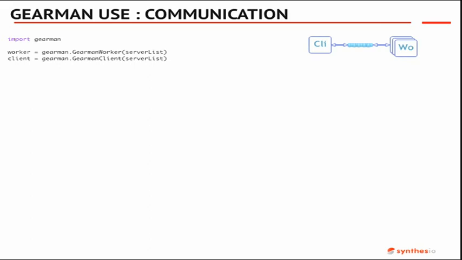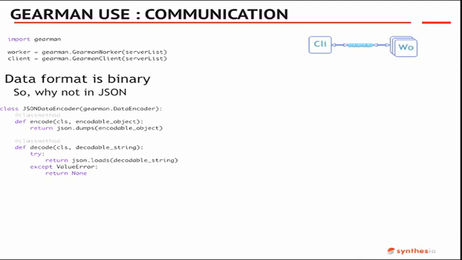I don't know if you guys can actually see, it's quite small. I don't know if it's visible to everybody, but sorry for that. So the first thing you do is create a worker and a client, one from each side. But how do they communicate? The data communication process is in binary. Everything that goes through the server is binary from the server's point of view. You can basically throw anything you want. So if you can throw anything you want, why not JSON? It's simpler. You don't need to be converting stuff. You don't need to create weird protocols. You just convert it, and you can do it simply.